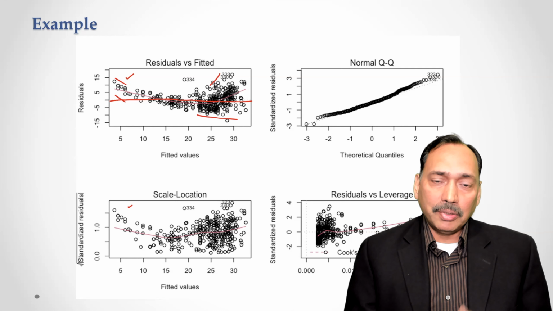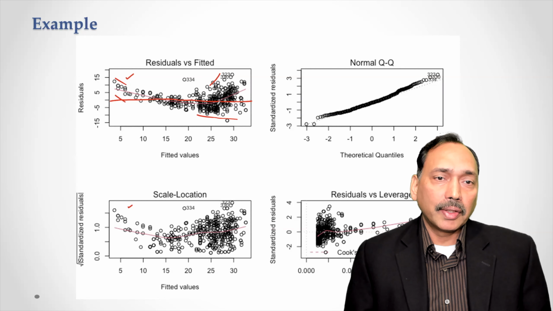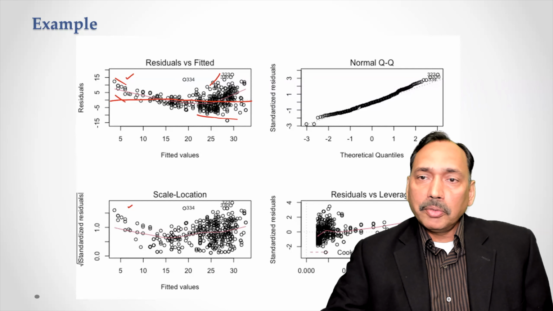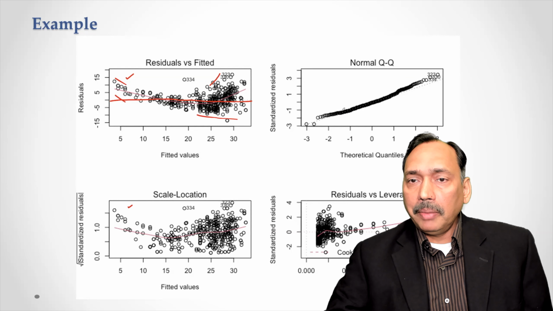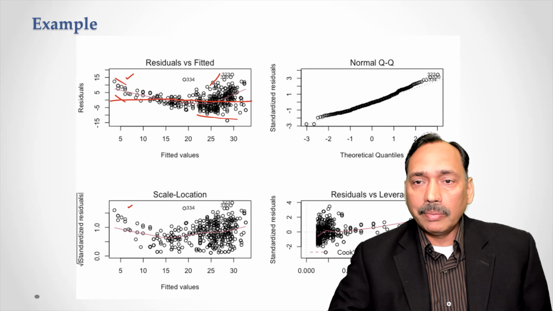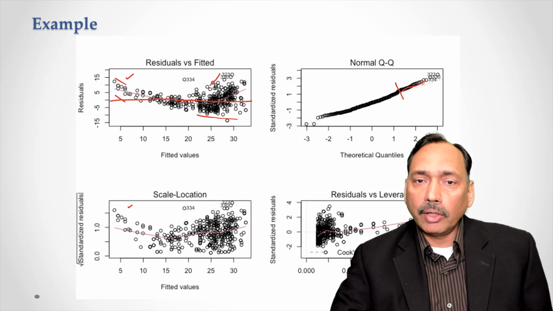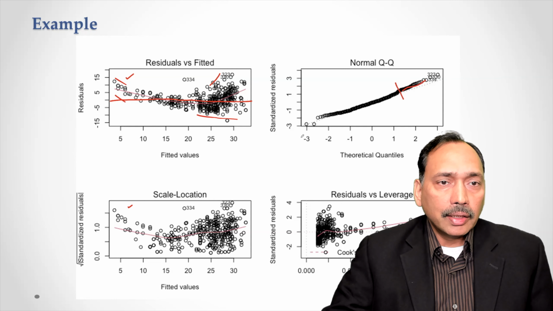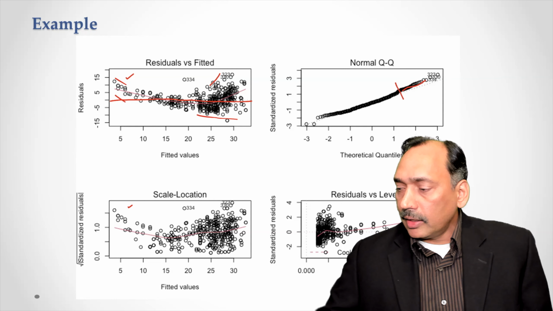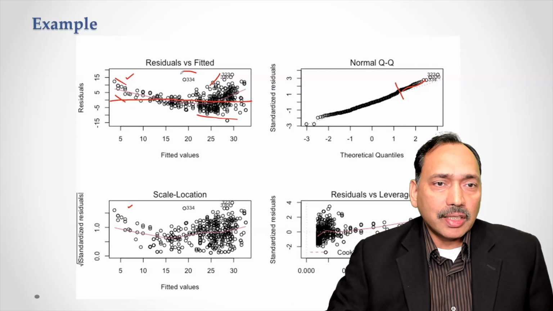That seems not to be happening here. In terms of normal distribution, it may be difficult to say much. So more or less maybe normality is being followed, although there's a lot of deviation here compared to the dotted line. In terms of outliers, one of the points which is indicated